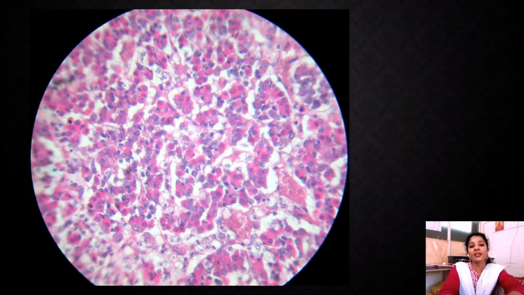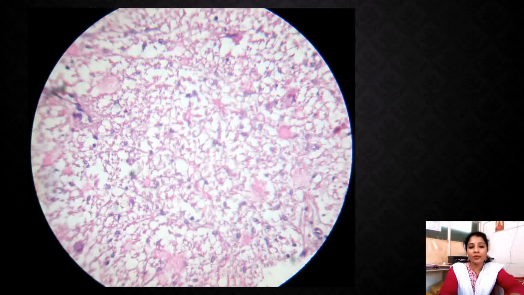So here is the adenohypophysis or anterior pituitary showing the acidophils. So here are the acidophils, and we can see the basophils, which are blue in color, and paler color cells. Here these are the chromophobe cells which are paler in color. And in between the cells we can see a lot of sinusoids or blood capillaries where they pour their secretions directly into the bloodstream because they are endocrine glands, so they don't have ducts.